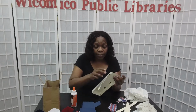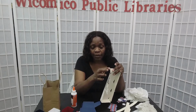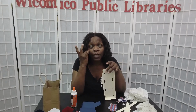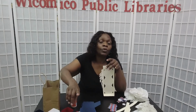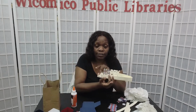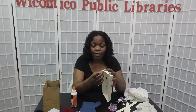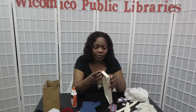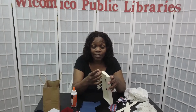And if you're doing it with the kids, you can let the kids help with this piece right here. I would suggest you put this piece together yourself because you really want it to be right, because it's going to hold the utensil boxes. So I would let the kids do the letters, glue the letters on, which is really great. And be sure you glue the letters on before you put the caddy piece together. So if you let the kids do that piece and start getting the stars together while you put the caddy together,